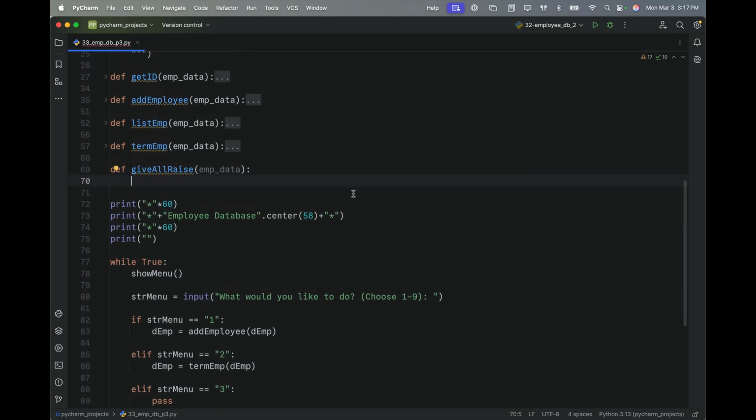So what's involved with giving people a raise? The first thing we want to do is we want to find out how much to give them a raise, and we are going to express this as a percentage. So if the user types in 10, then we will divide that by 100 and reduce that to a 10% raise. So let's ask for this